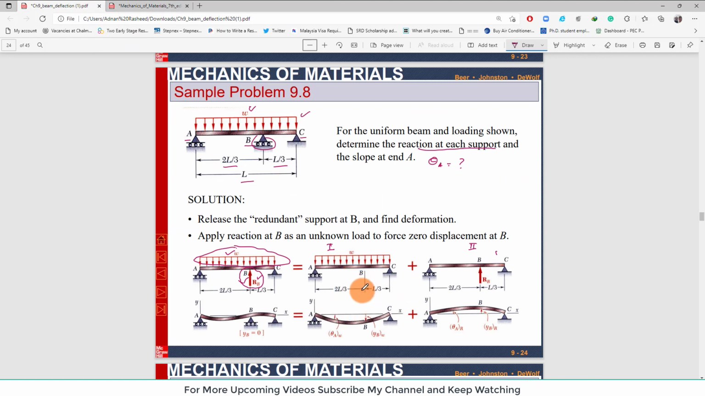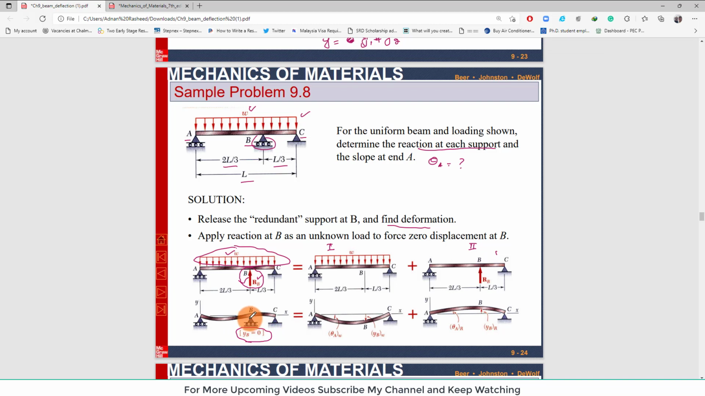Okay, so release the redundant support at B and find the deformation. So we will release the redundant force and we will find the deformation. Apply a reaction at B as unknown load to force 0 displacement at point B. Now you can see that at point B, the total deflection is equal to 0 because there is a roller support, and at any support, rolling support or pin supports, we have studied that deflection will be equal to 0, but we have split it into loading 1 and loading 2,